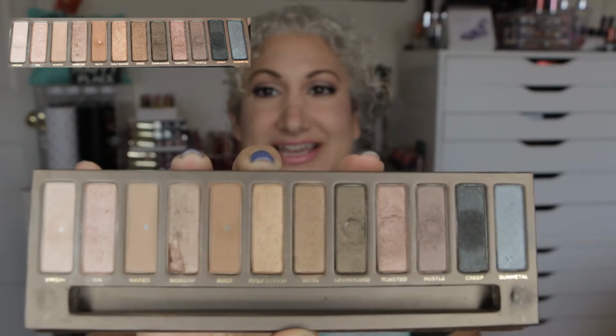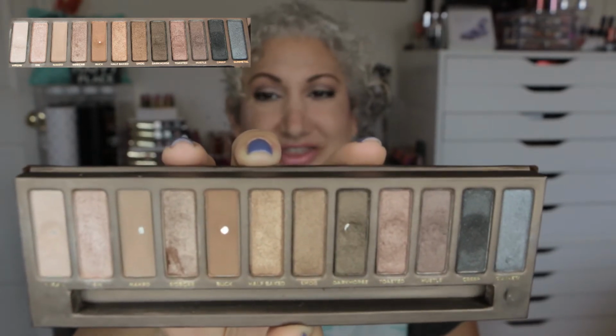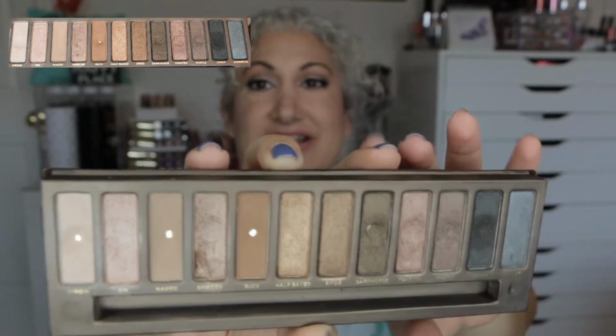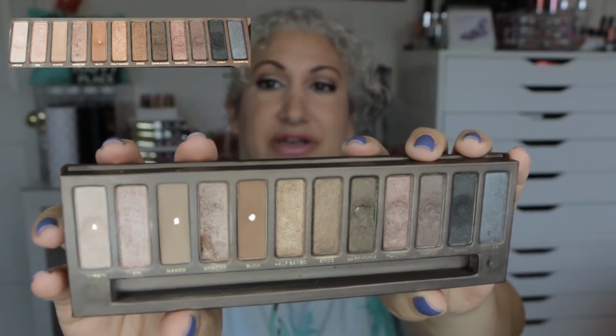So this was obviously my before picture, and this is where I am now. As you can see, I hit pan in 4 shadows this month, so I am super, super excited about that. And it's so funny because 3 of the shades weren't even ones that I picked to work on,